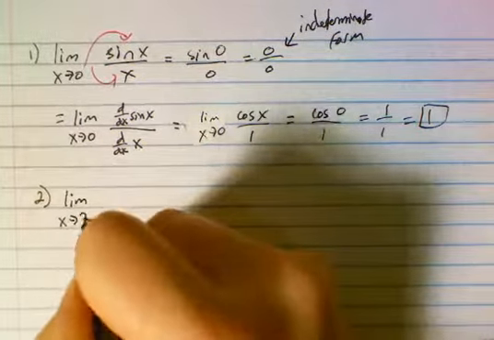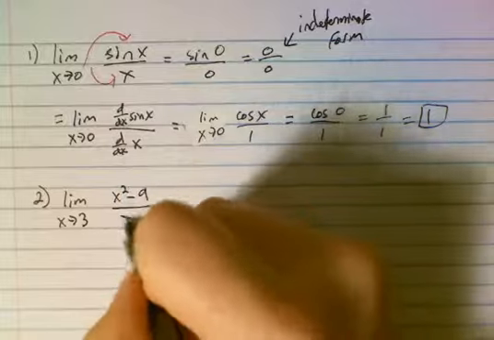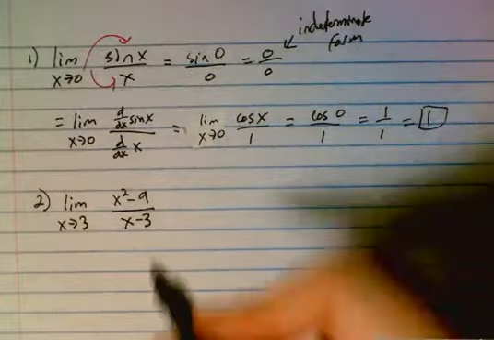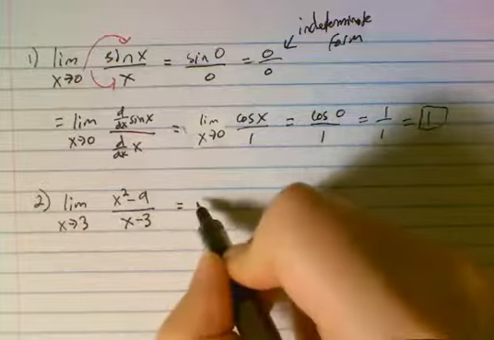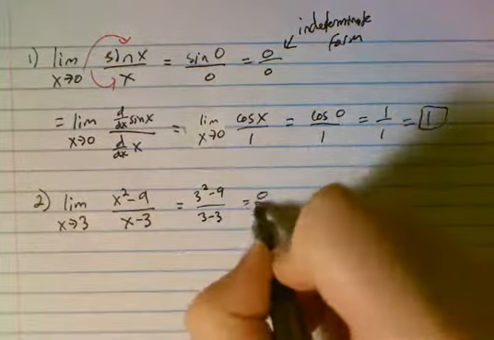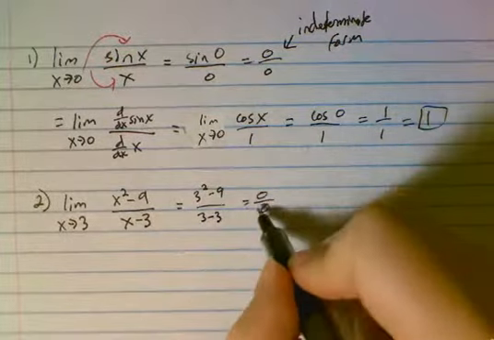I can do this. This is the same as one we were doing earlier with factoring. When I plug that 3 in, I get 3 squared minus 9 over 3 minus 3, or 0 over 0. So yes, I can use L'Hopital's rule if I want. I can also factor. We did that one earlier. But we're practicing the rules, so